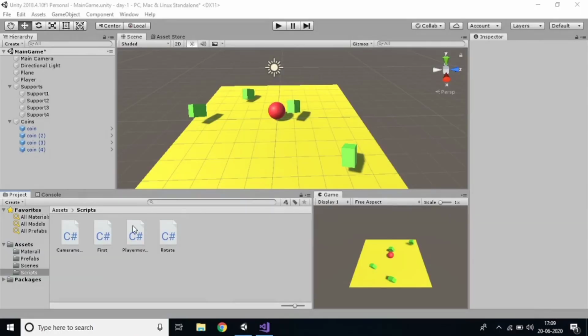Before this video I have done camera movement, prefab and movement of player, everything I have done. In this video I want to talk about the player movement by using two scripts. In the first script I want to create a user defined class. I'll write all the code for the movement of the player, and in the second script I'll call that user defined function. So to the player I'll attach the second script. So this is my task.